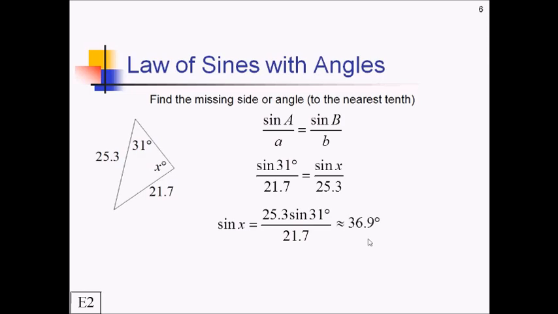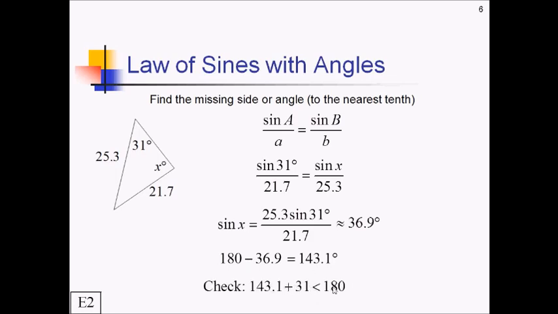And again, because this is a non-right triangle, we also have to find the quadrant 2 version of this. So 180 minus 36.9, that's going to be 143.1 degrees. Yep. And then can that fit in the triangle with the angle they already gave us? Well, the angle they gave us was 31 degrees. If you add that with 143.1, it's going to be less than 180, so we definitely can fit those in